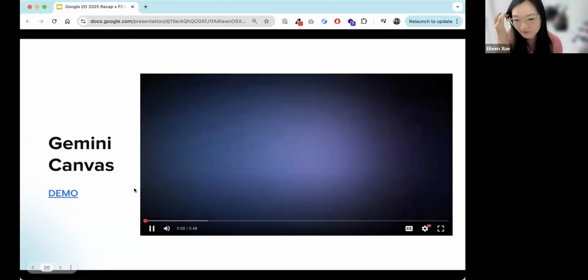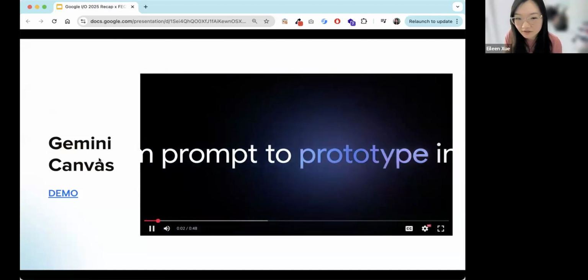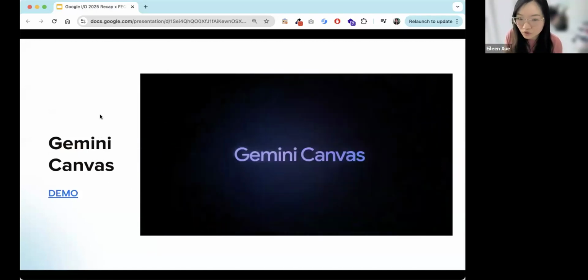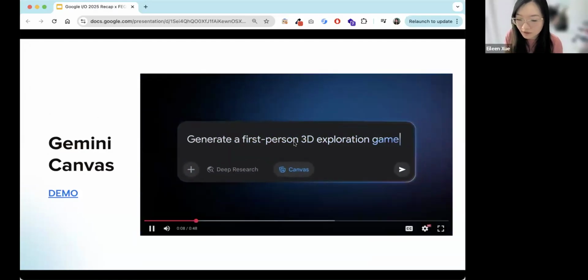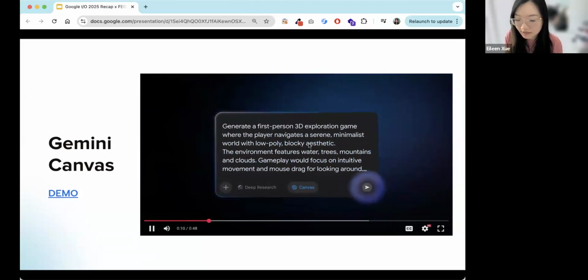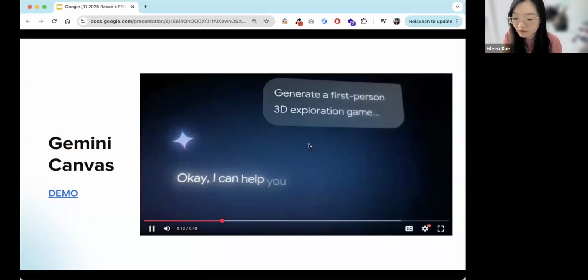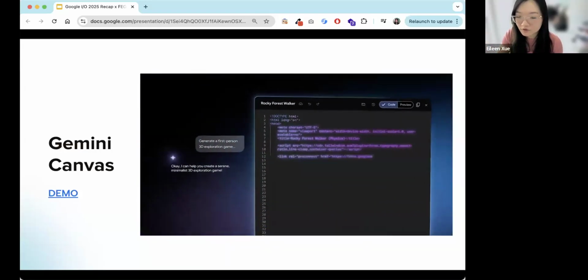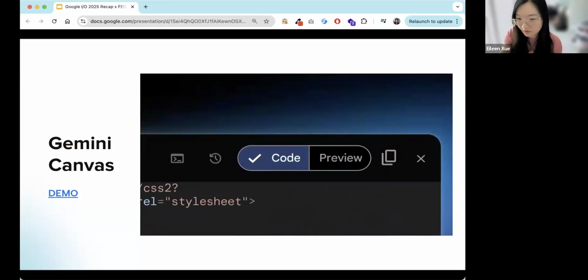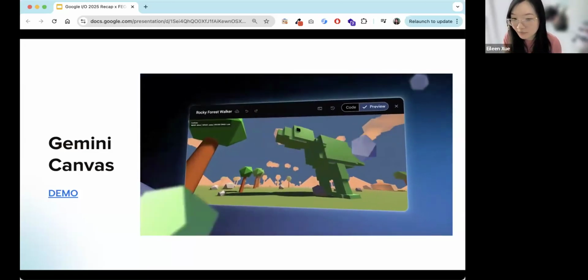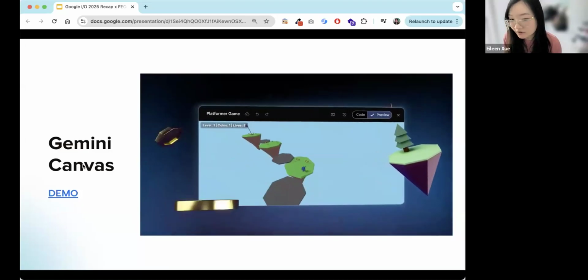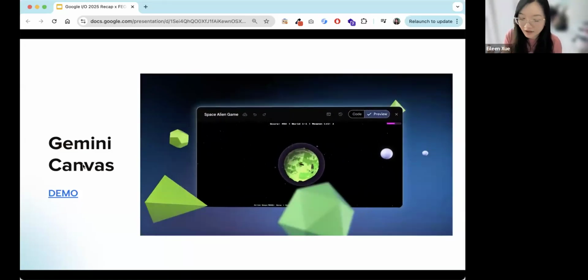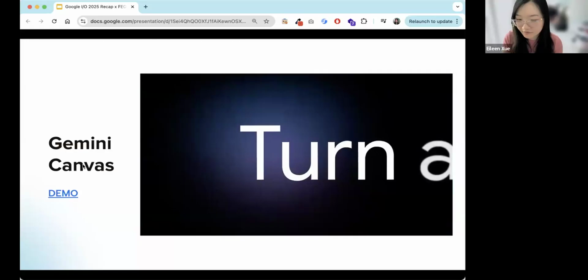And then Gemini Canvas. Gemini Canvas is similar to ChatGPT Canvas, where you prompt something and then on the side a canvas board opens where sometimes you generate documents, and sometimes, in this case, you generate a mini web application. This one is newly released this year, at least in Gemini. I've used the one on ChatGPT before, the canvas.